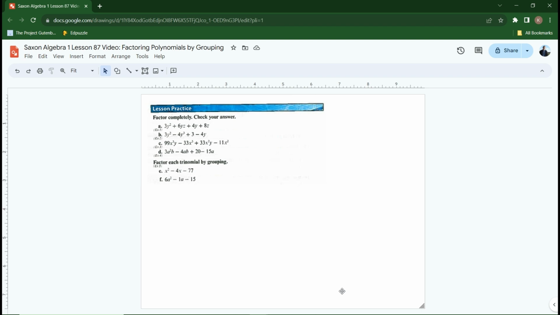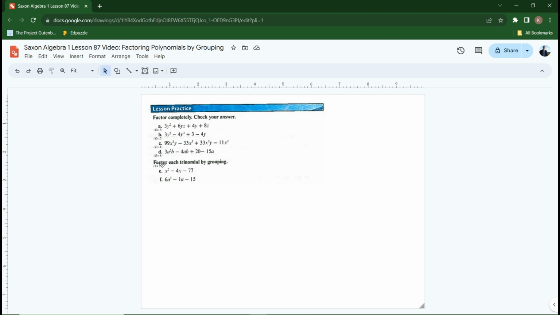Hey, algebra students. In this lesson, we are going to be talking about factoring polynomials by grouping. Notice that I have polynomials that have 4 terms. And then in the end, we're going to do some trinomials like we're used to factoring. Except what we're going to do to make factoring these trinomials a little easier, we're going to do this